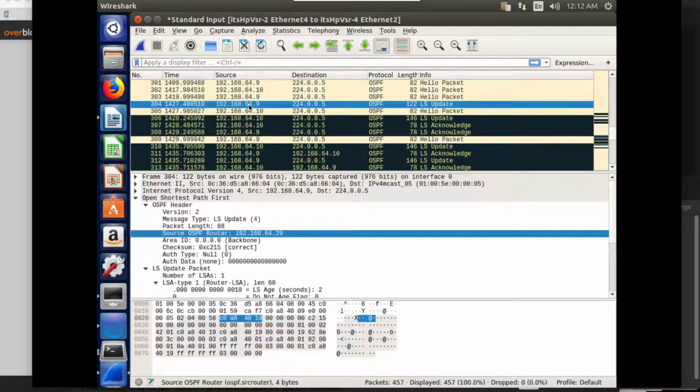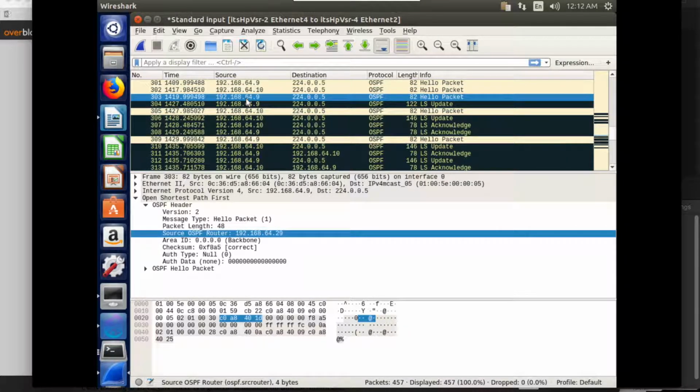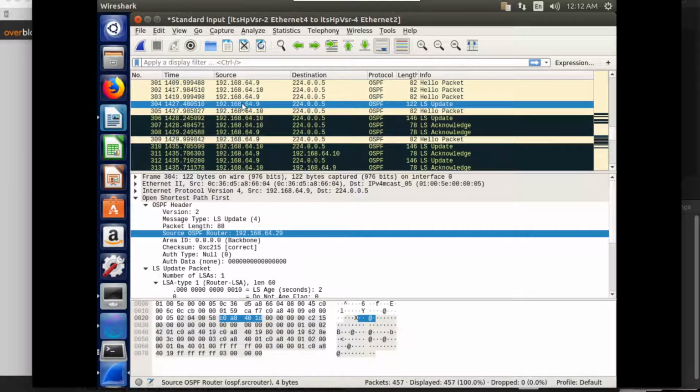Here I'm showing a Wireshark capture of OSPF packets between router 2 and router 4. Router 2 is 64.9, router 4 is 64.10. Most of the packets are hello packets, which are each of the routers confirming adjacency to each other. Link state protocols like OSPF are very chatty. If I look at this advertisement update here, source address 64.9 coming from router 2, sent out to the multicast